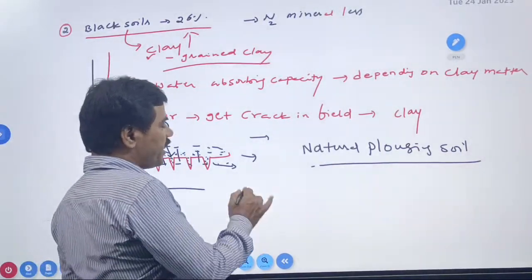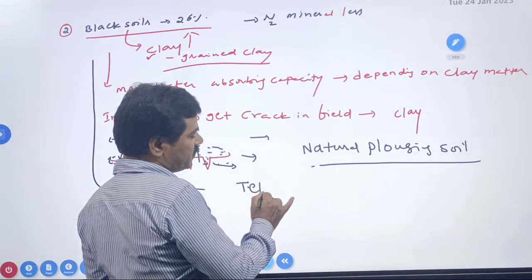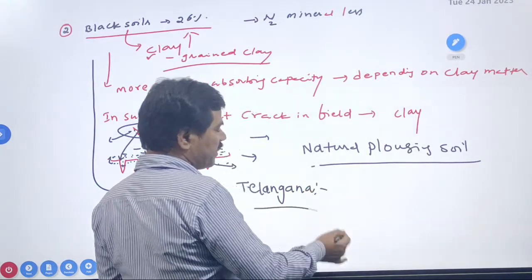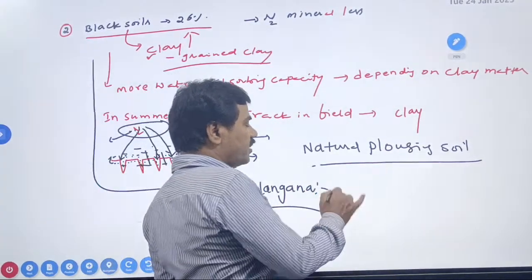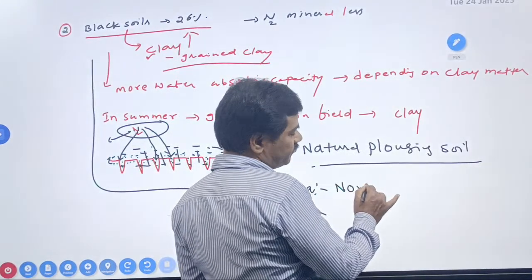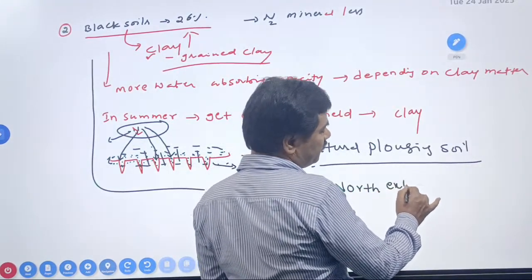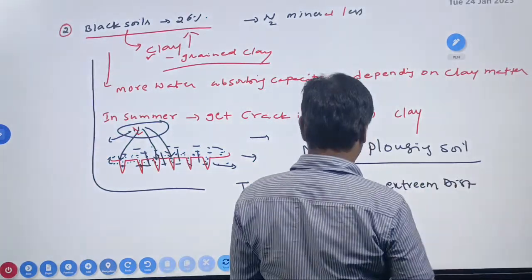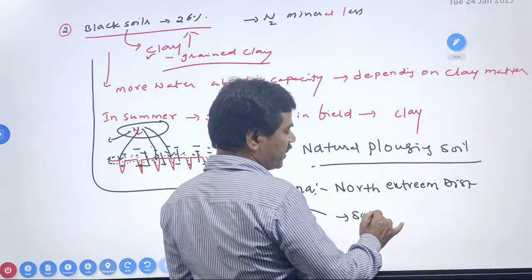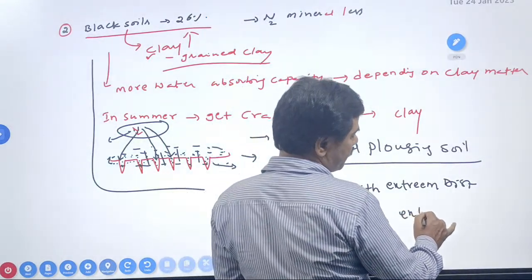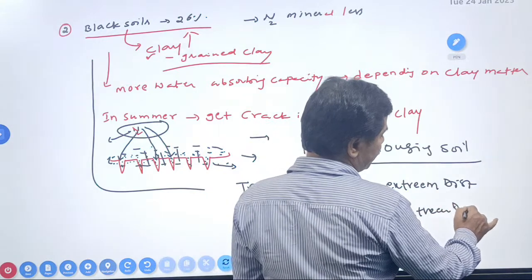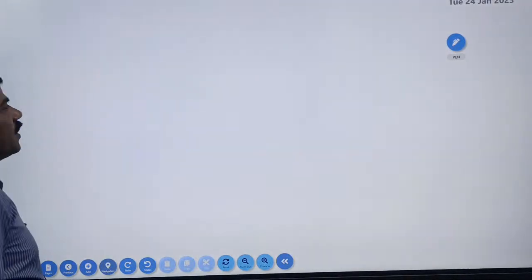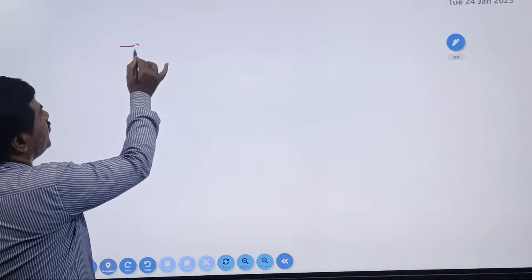These soils are maximum in Telangana state, in the north extreme districts of Telangana and the south extreme districts of Telangana. Right. The names of the districts: